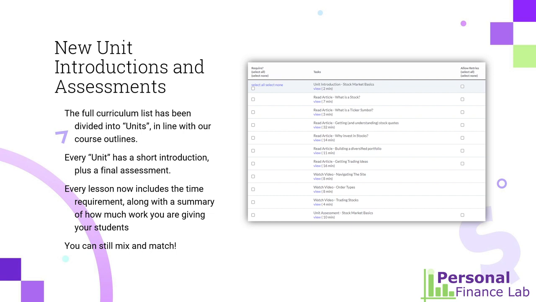The first part is that we divided up our curriculum into units. So instead of just having the 60 personal finance lessons where teachers can grab whichever ones they want, we've divided it up into units that are in the order that we recommend in the 9 and 8 week course outlines. Each unit has a very short introduction lesson, just 100 or 200 words, and then